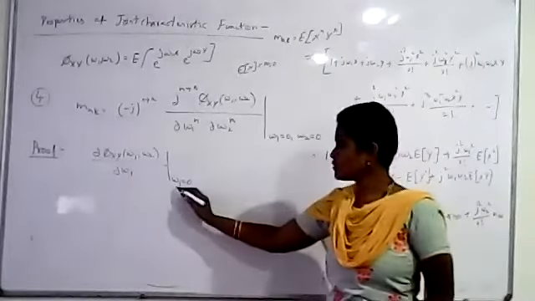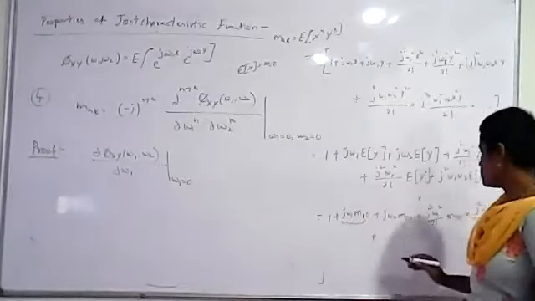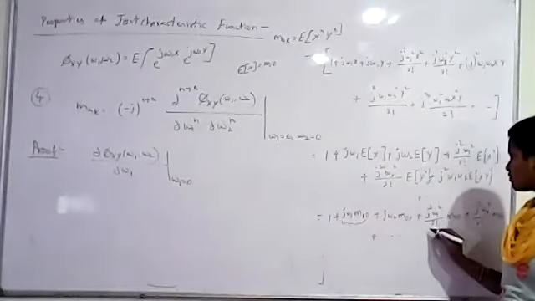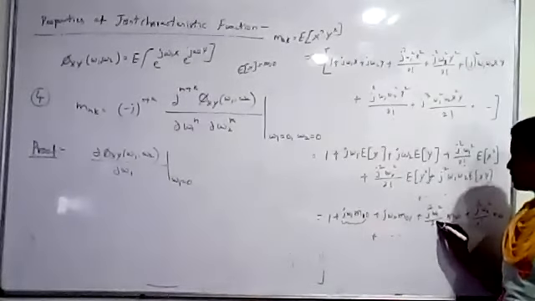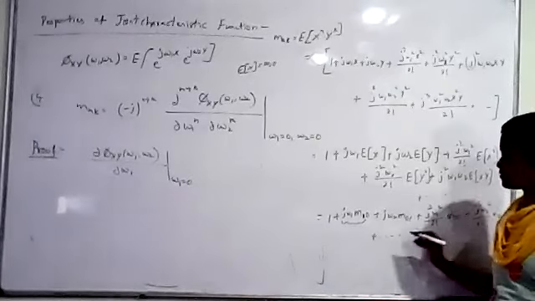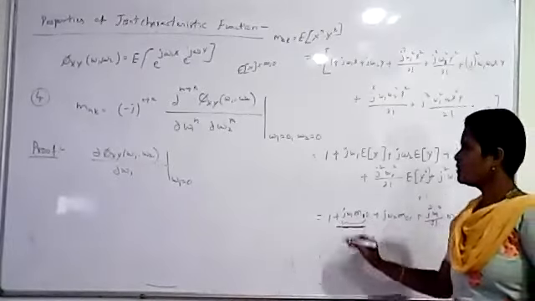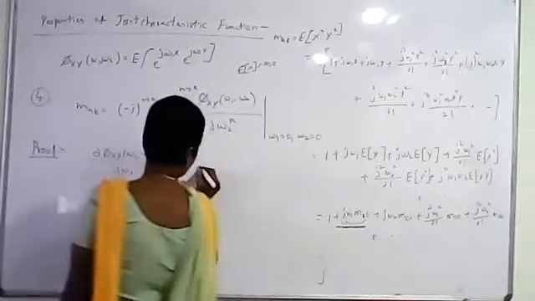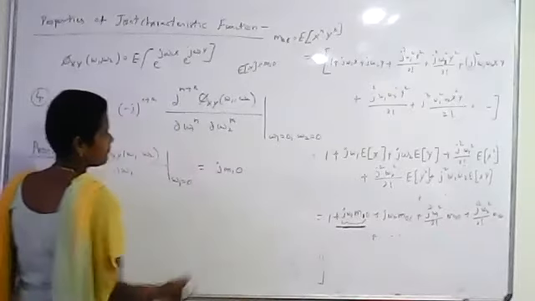Then also we are substituting what? We are substituting omega 1 equal to 0. Since you substitute omega 1 equal to 0, this term, which is having omega 1 after partial differentiation, will also become 0. So we are left with only this term. Yes or no? So what is that? We are left with j m10.